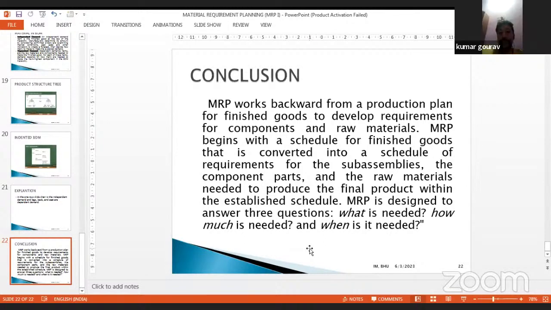Because to fulfill your objective, you need a total integration of everything. This is just looking at one thing, the material required to produce that particular object. But to produce that, you will require help from HR, from finance, from marketing. So now things have moved further, to enterprise resource planning.